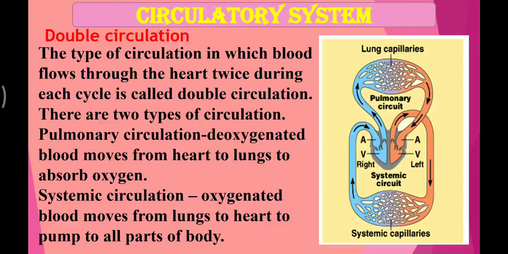See, they are separate. Did you observe one thing, children? Here the right side is fully deoxygenated blood, whereas the left side is full of oxygen-filled blood. Here the veins are carrying blood that is going to fill up oxygen, there is no oxygen here. So the right side is deoxygenated, whereas the left side is oxygenated and full of oxygen-rich blood.